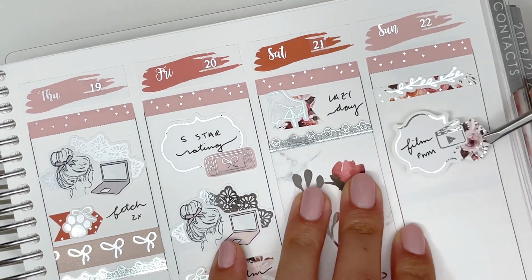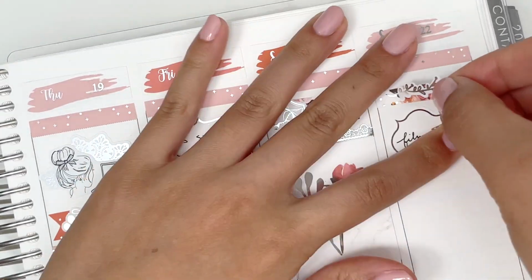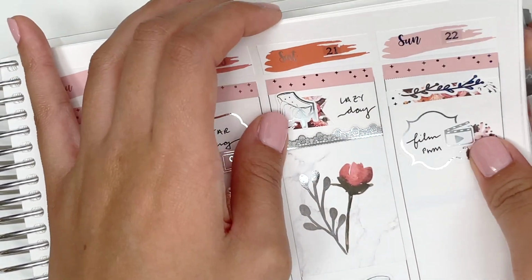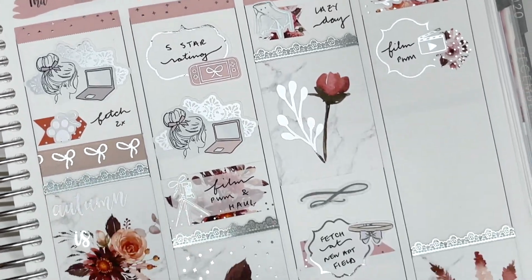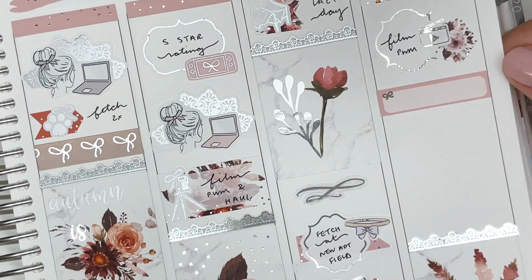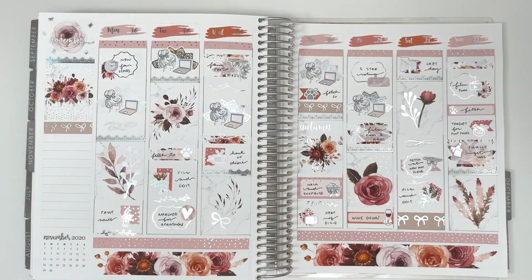Here, I did finish filming that plan with me, so I was luckily able to use what I put down on Saturday, and I was able to put that on Sunday because I do really like how that turned out. It's really pretty. I really love this floral. Honestly, I wish there was more of that floral pattern throughout the functional items of the kit. But anyway,